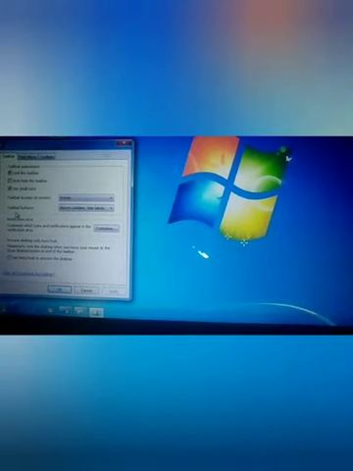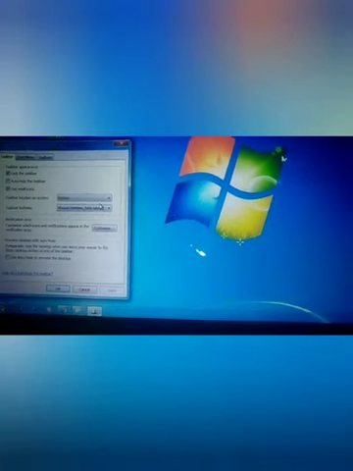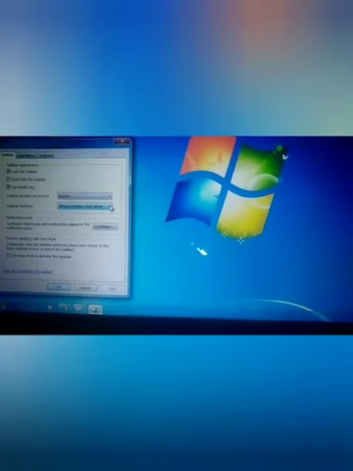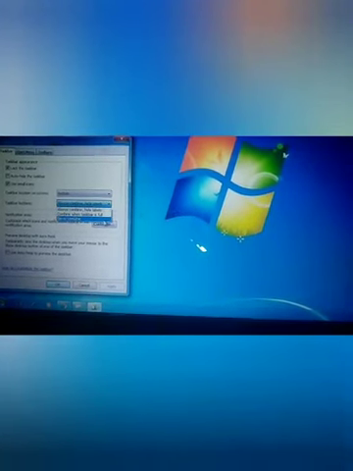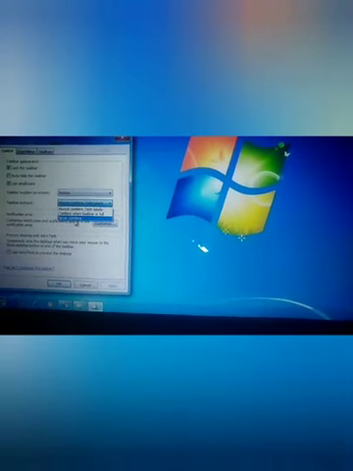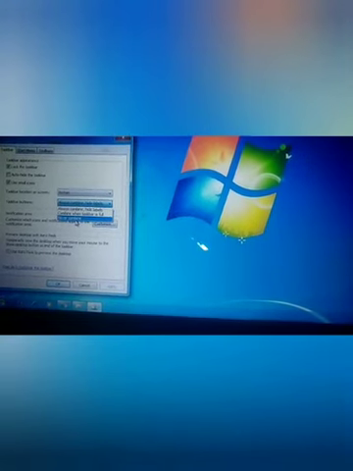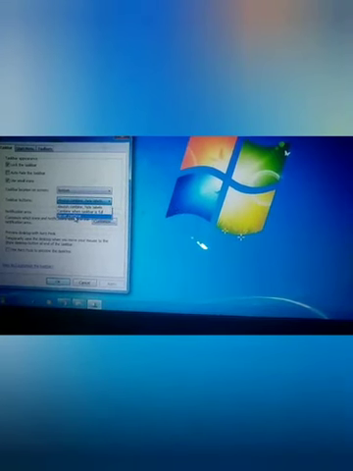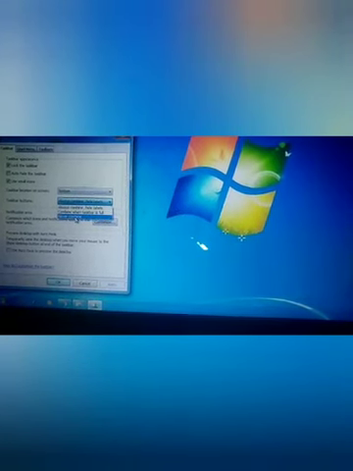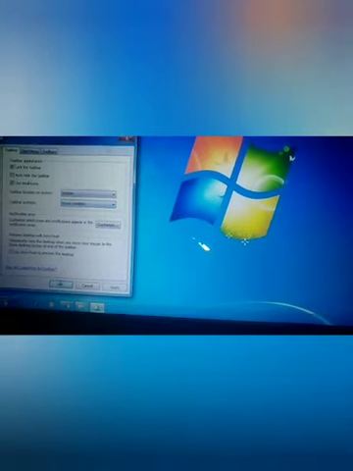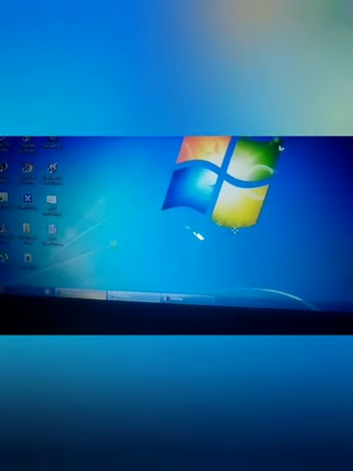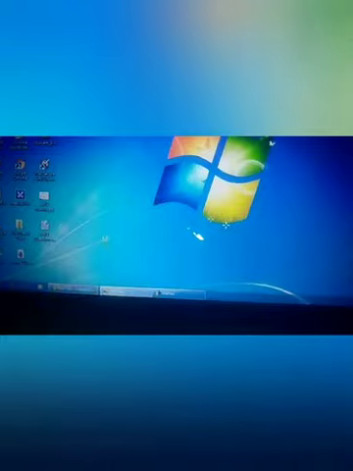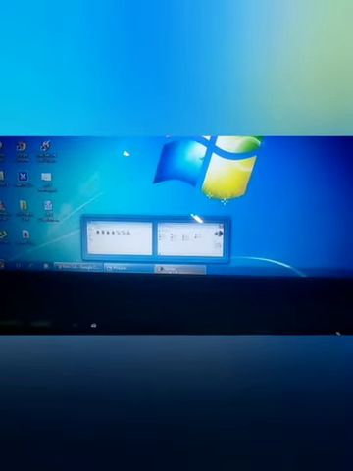Then come to the last one, taskbar buttons. See here 3 options are there. Always combine, hide labels, combine when taskbar is full, and never combine. First we will see never combine. It shows each window's label next to the icon and no piling of icons. Just click on it and press OK. Whichever application we have opened comes with its label.